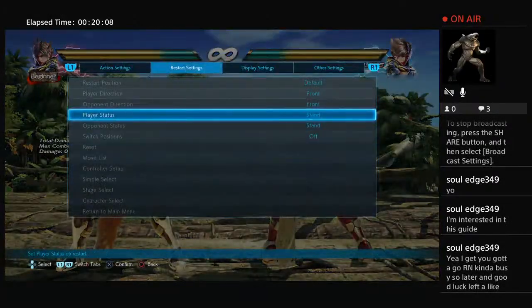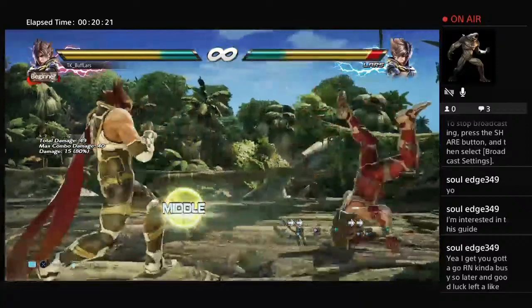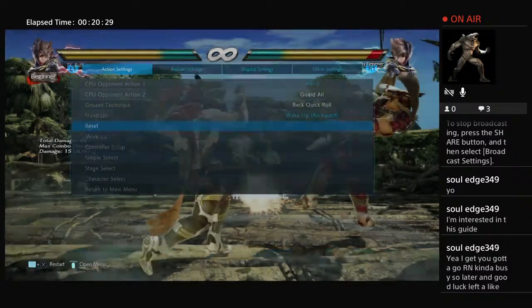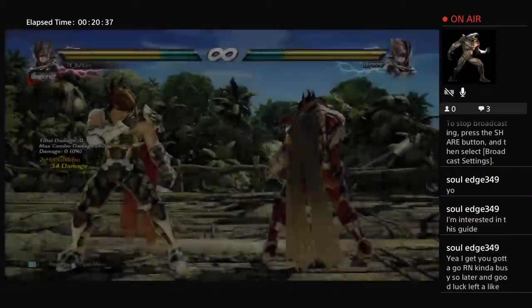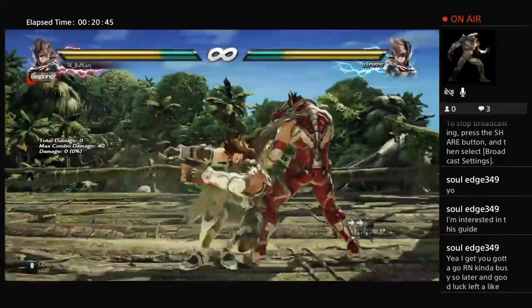Can they tech that? I can't remember. I know if it's a counter hit, they can't tech off the ground, so he definitely has guaranteed damage afterwards. Let me see. This might be guaranteed. Oh, wait. I think I had it wrong. Okay. Yeah, you can hold back. But if you don't hold back, I'm pretty sure... Yeah. If you get hit by Den 1-2, you have to hold back to tech it. If not...